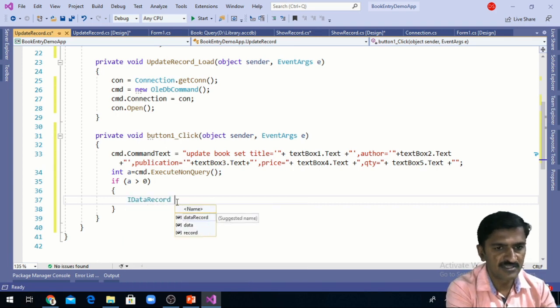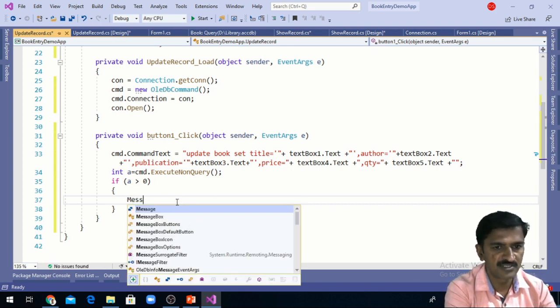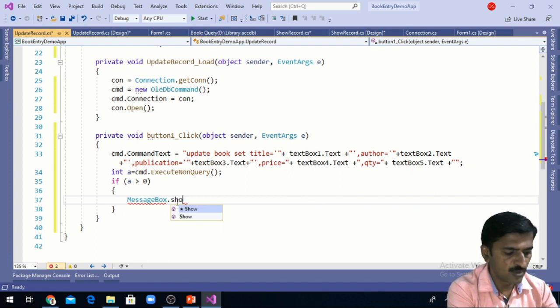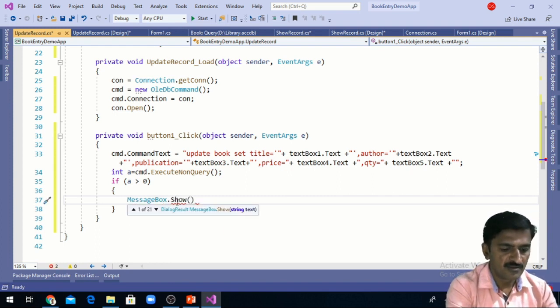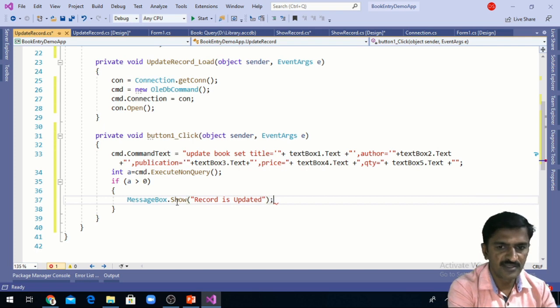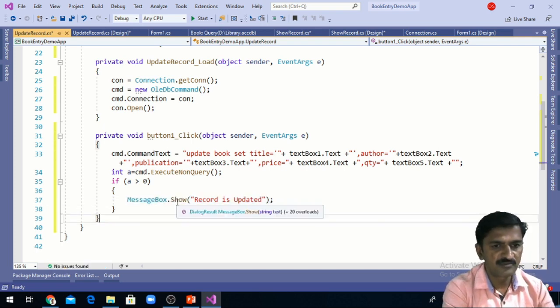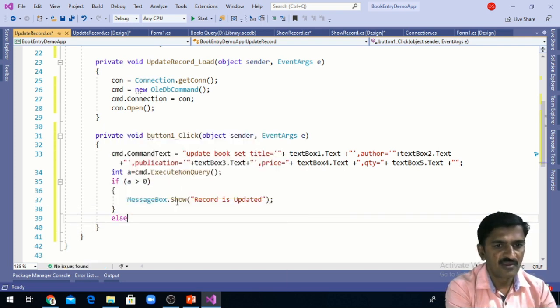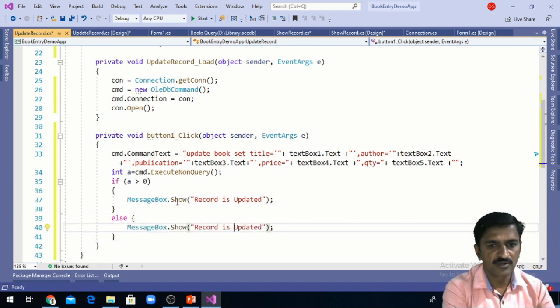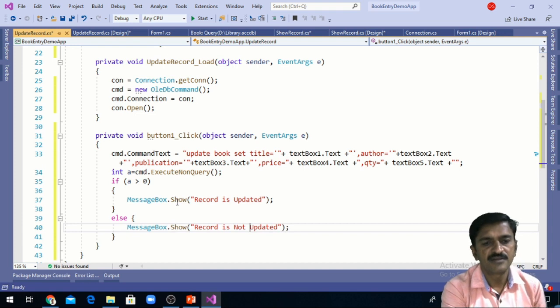Then I am going to display the message here, MessageBox dot Show, record is updated. Otherwise, if there is an error, we'll display the message record is not updated.